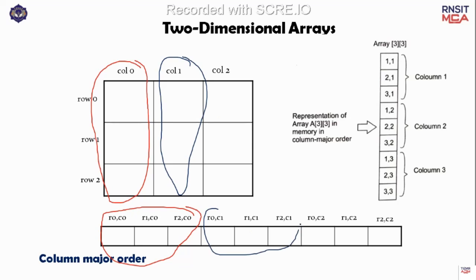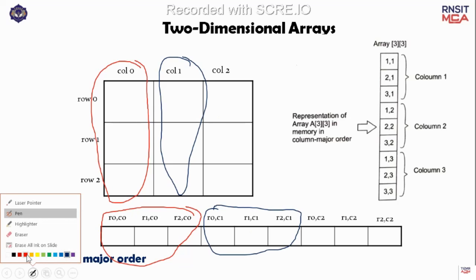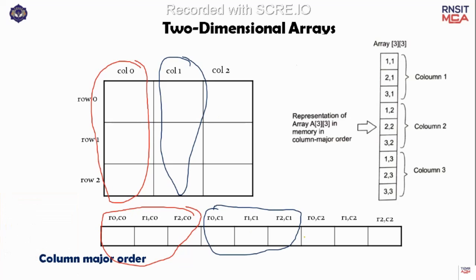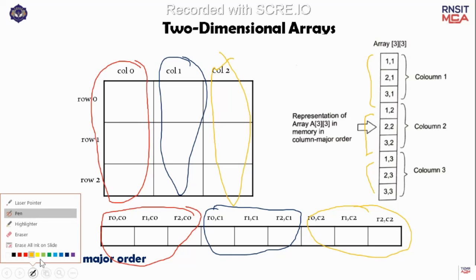The previous one was the zero column, and the next one would be the third column. So certainly you can represent it. Third column is nothing but your row 2. So first column is represented here, next column 2 is represented, column 3 is represented. So this is the memory representation